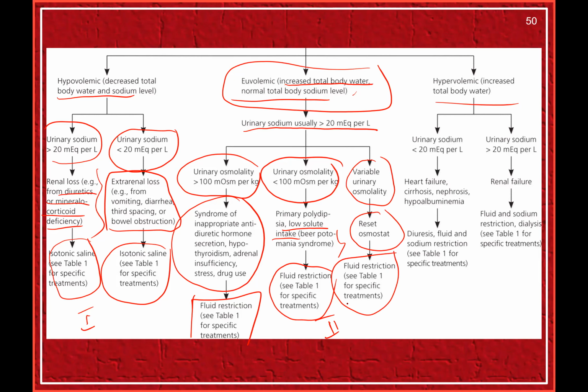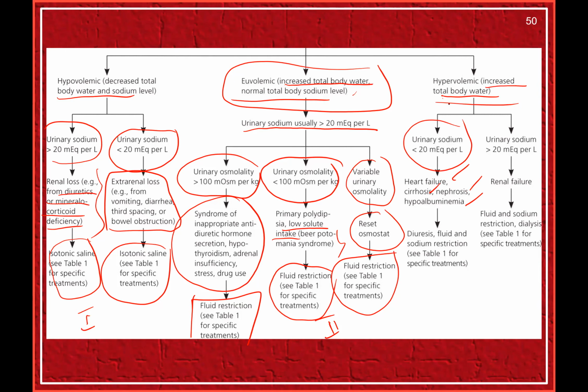Then we are going into another condition where there is hypervolemia, very much increased body water, but the total sodium also is lower. Hypervolemic hyponatremia. We know what the hypervolemic conditions are. What are the hypervolemic conditions? Heart failure, cirrhosis, nephrotic syndrome. In all these conditions, water is retained and sodium excretion also suffers. That is why urinary sodium will be less. There is less sodium in the urine, there is excess fluid in the body, as you can see in these conditions. How do we treat them?